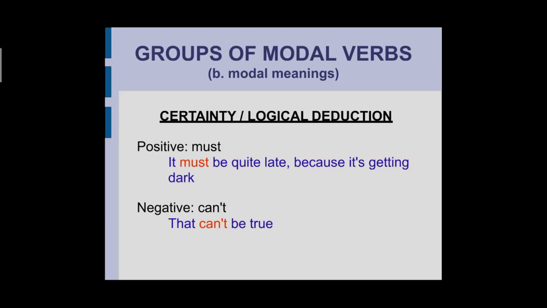it must be quite late. When does it start to be late? After you work, let's say after you work you go off at 5 p.m. If you remain in the work for let's say 6 p.m, then you'll start to notice that outside it's getting darker and darker. वो क्या सिग्निफाई करता है? वो सिग्निफाई करता है कि आप आज बहुत लेट काम कर रहे हो, लेट से काम कर रहे हो। ओके, सो दैट इज गिविंग यू अ सर्टेनिटी। नेगेटिव, दैट कांट बी ट्रू, ये सच नहीं हो सकता, कांट और कैन